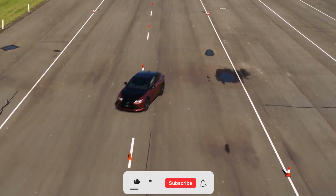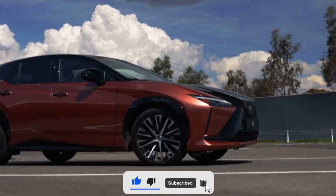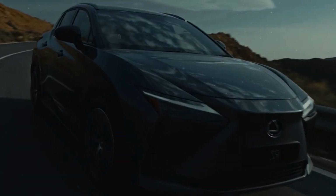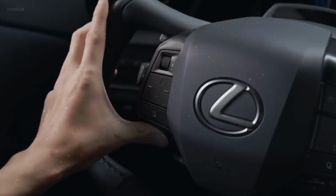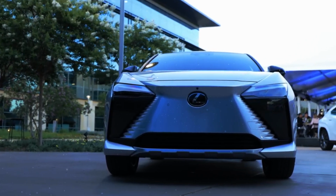This is all backed up by fully redundant electronic systems and even a small secondary battery to power all this stuff in an emergency. On track, the yoke is surprisingly good, enhancing the RZ's agility and seamlessly adapting the steering ratio as speeds change. It makes this SUV feel stable and agile, though there is pretty much zero feedback from the front tires. The yoke only turns about 150 degrees from lock to lock, so it's never making a full